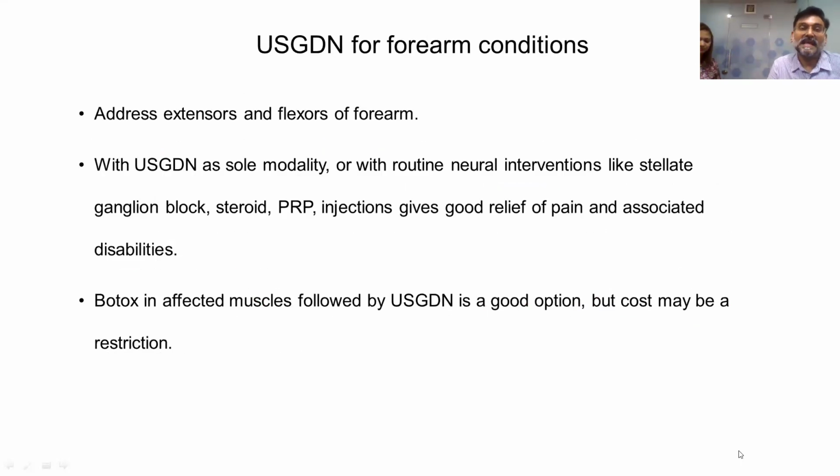Now, what is the application of USGDN for forearm conditions? You have to address both the extensors and the flexors of the forearm with USGDN as the sole modality or with routine neural interventions like stellate ganglion block, steroid, PRP injections. It gives good relief of pain and associated disabilities. An extension of ultrasound-guided joint needling is injection of Botox into the affected muscles, which can be followed up by ultrasound-guided joint needling. Now, this is a good option, but the cost of Botox might be a restriction for certain